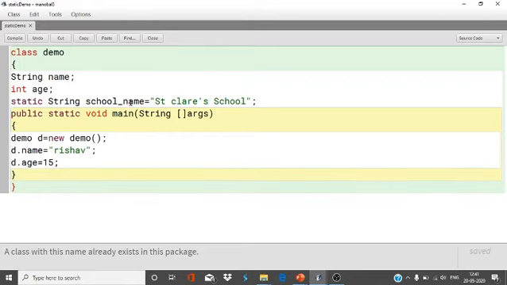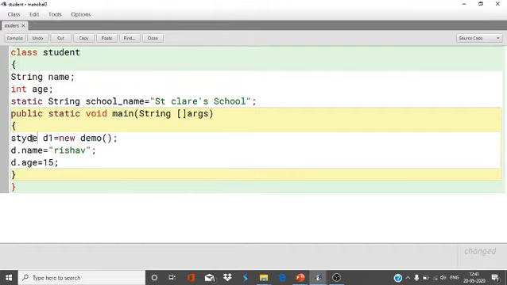So it's common. Or simply it will be more suitable if I write Student, so here it will be Student s1 equals new Student.